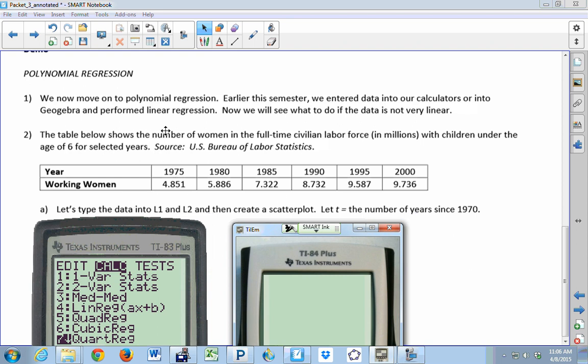So first of all, the most important thing for entering the data is where are we going to set a base year? Do we actually put in 1975, 1980? If you look at this here, we're going to use T as the number of years since 1970. So what will be the values of T for each of the years that we have here? What's T going to equal in the first case? 1970 would be 0, yeah? So 75 is 5. Just go ahead. 10, 20,